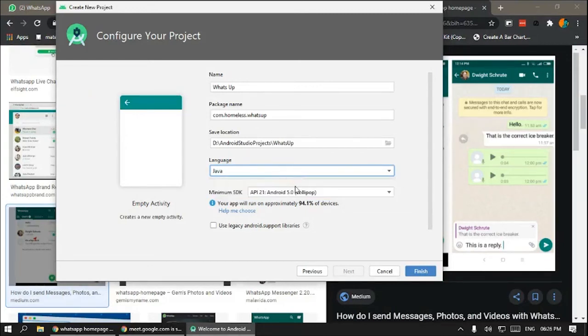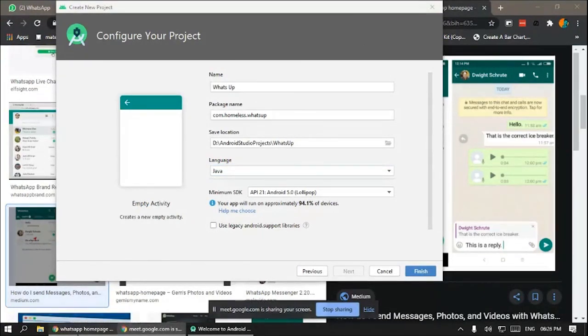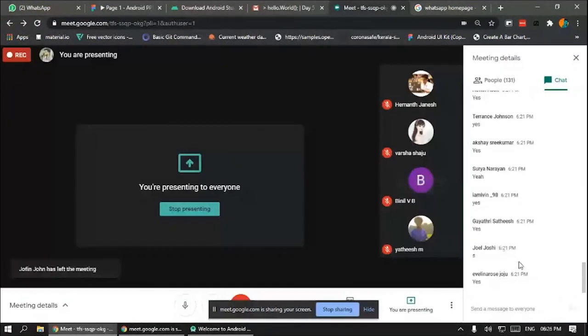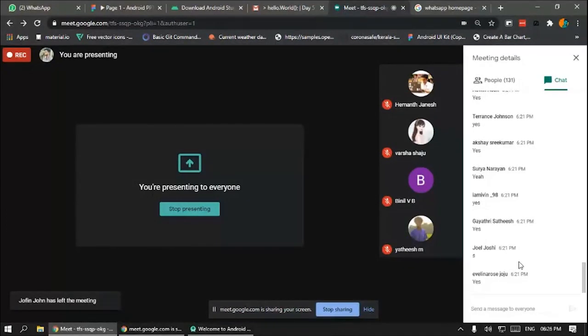I'm choosing Java. There is minimum SDK. Minimum SDK basically means where should your app work? Do you know Android versions? I think you all know about Android versions, right? Is there anyone who doesn't know about Android versions?